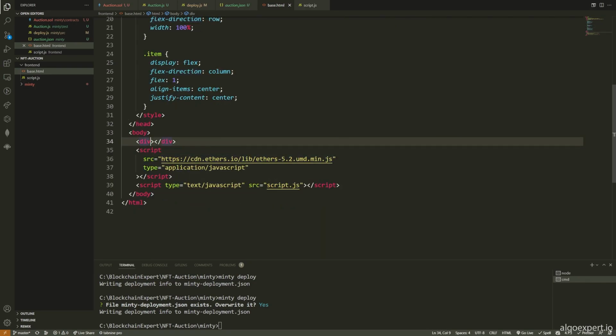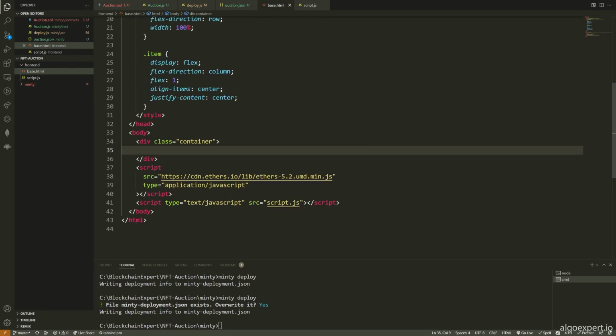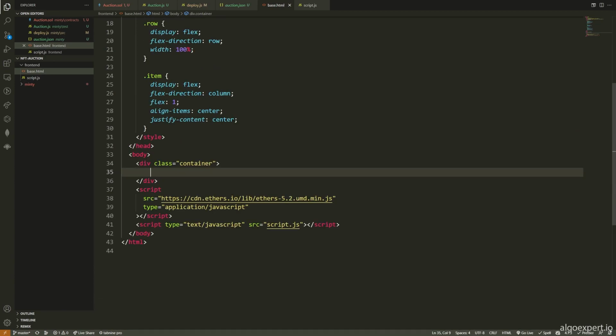And now we're going to start by creating a container. So we're going to say class is equal to container. Now, what do we need? Like, what are the functions that we have to have here for our front end? Well, we need a way to list an NFT. We probably want to be able to view the NFTs that we have. We want to be able to bid on an NFT. We want to be able to end the auction, and we want to be able to view information about a listing. So the first function I will implement is listing,